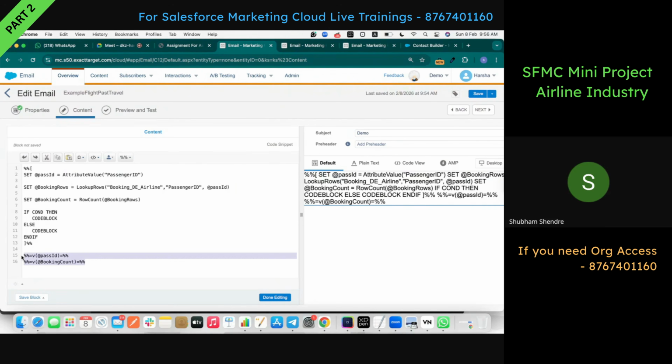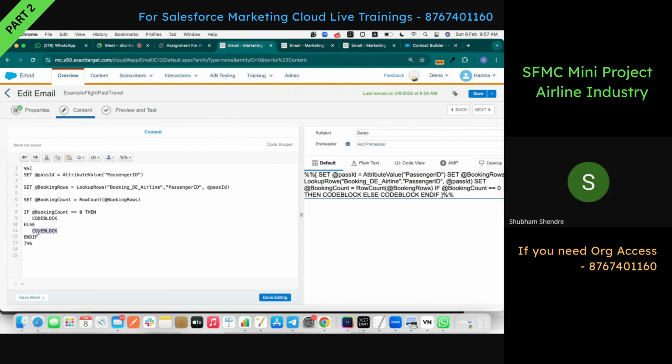I will remove these functions now because I don't need them. So if, what is the condition? The condition is if the booking count equals 0. If it is 0, then we need to show a message, else we need to show another message. So I'll do one thing. I will create two variables